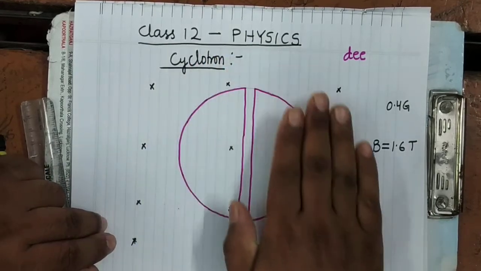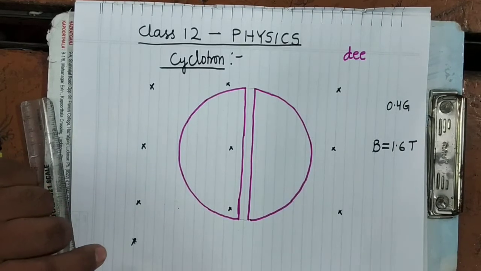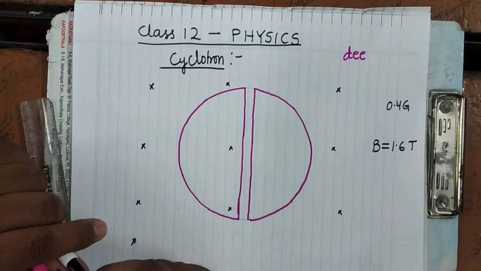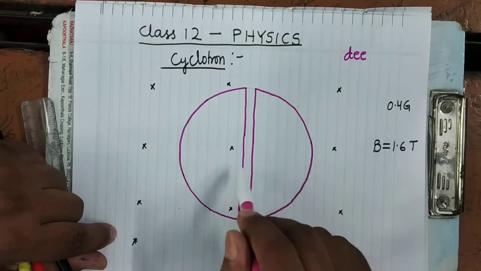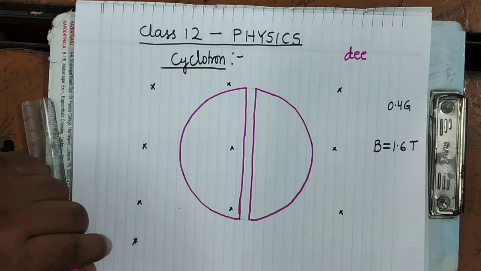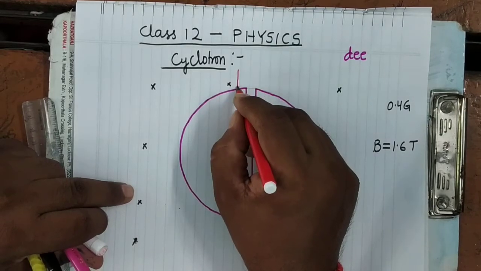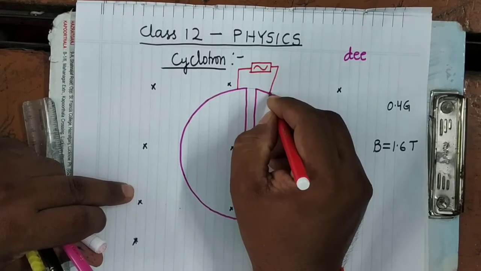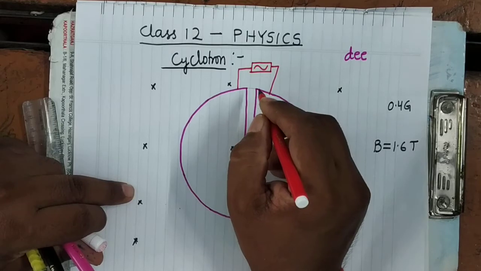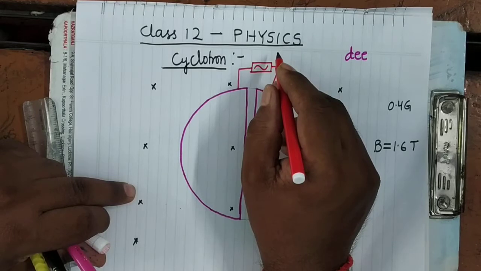Means if the D's are situated on the plane of paper, the magnetic field is perpendicular to the plane of paper in downward direction. Now in between the plane surfaces, there is an alternating source of electric field. Alternating source is connected here, which produces a varying electric field in this region. It's clear. And what is the magnitude of that electric field?